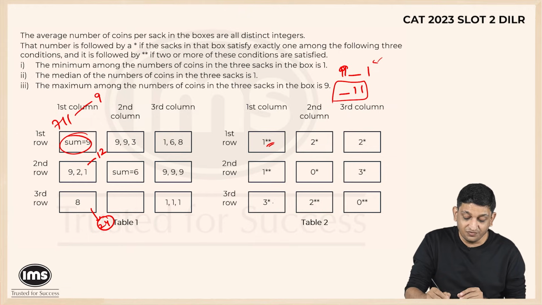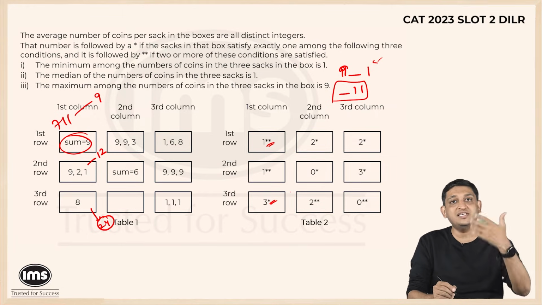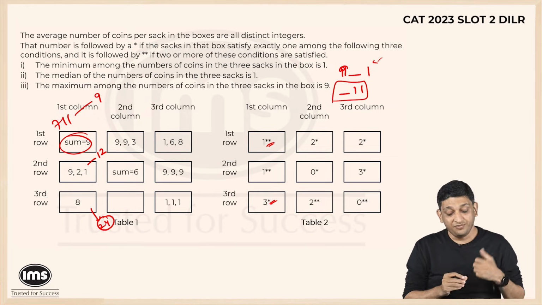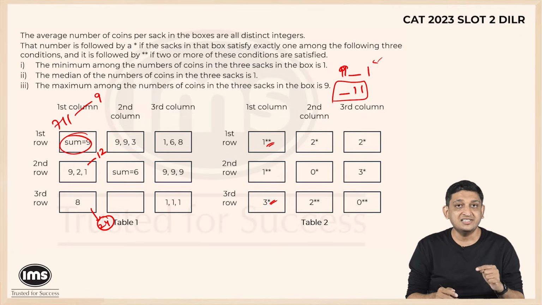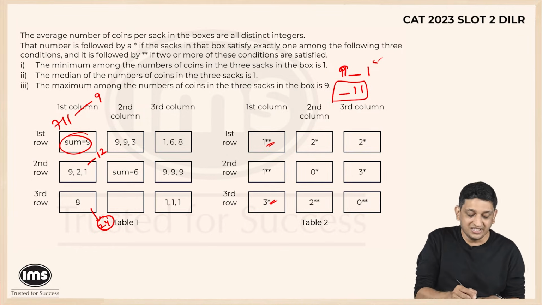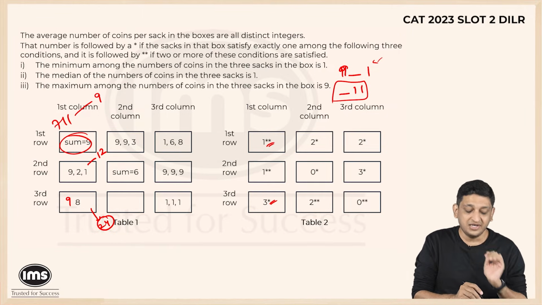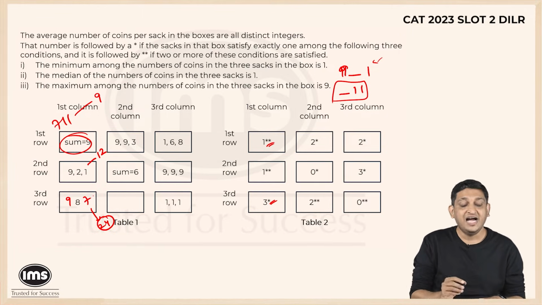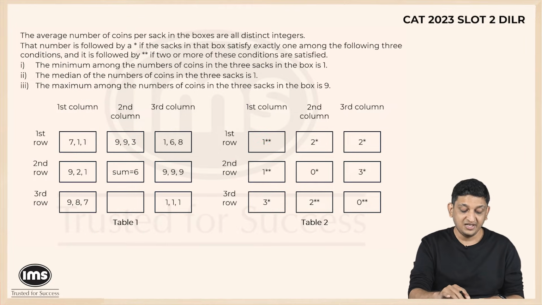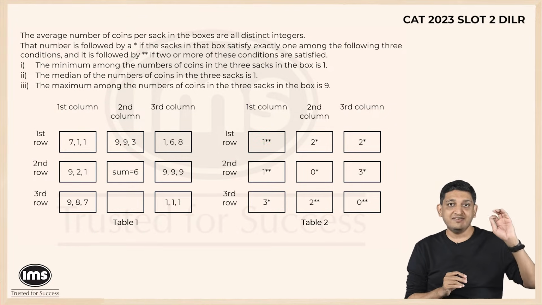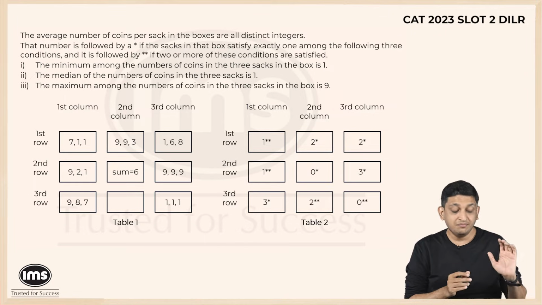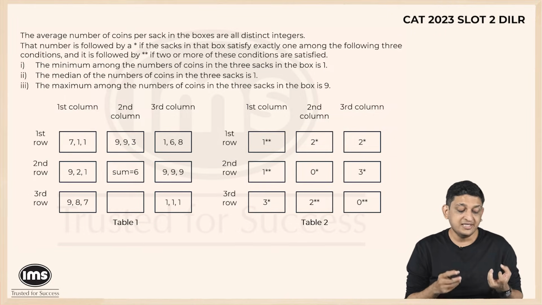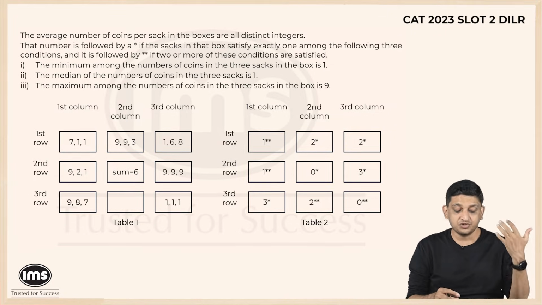We also know that there is 1 star that exists here and all 3 numbers are above 5. If all 3 numbers are above 5 and one of these conditions has to be satisfied, I know that one number has to be 9 here. One number is 9, one number is 8, the third number automatically becomes 7 and we will get a 987 here. And that's why we will be able to see 711, 987 being the value of the coins in the sacks in first column first row and first column third row. So that is what we will have here.